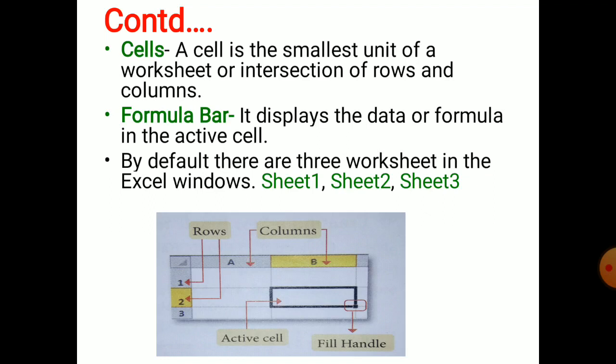And then the fill handle option of Excel. Okay student, so what is the use of the fill handle option? Just listen carefully. Select the cell or cells containing the content you want to use. The fill handle will appear as a small square in the bottom right corner of the selected cell. Click, hold and drag the fill handle until all the cells you want to fill are selected. Release the mouse to fill the selected cells. So, hope now you understood the concept.